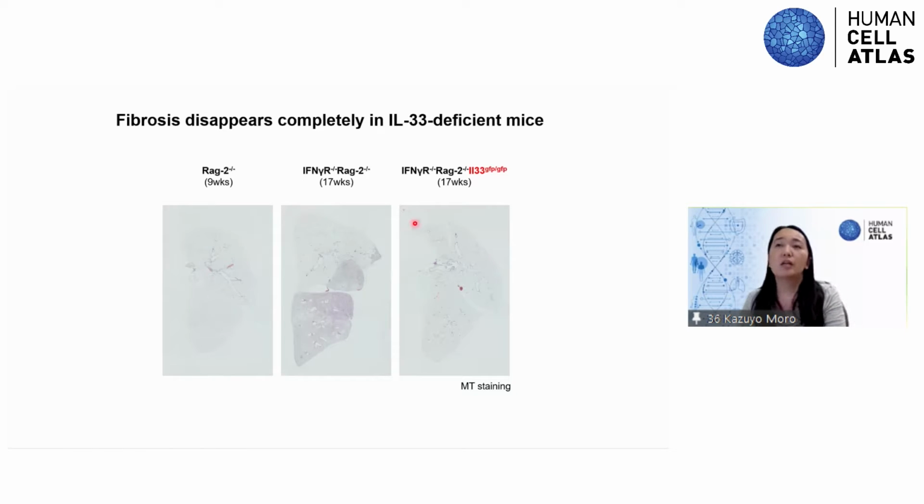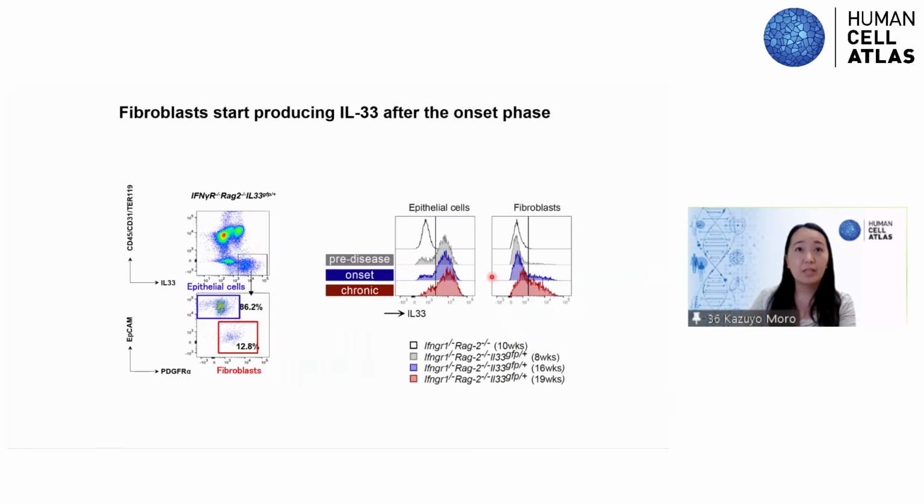So again, we made a triple knockout mice with IL-33 deficient mice and confirmed that fibrosis does not develop without IL-33. So next, to find out the source of IL-33, we use